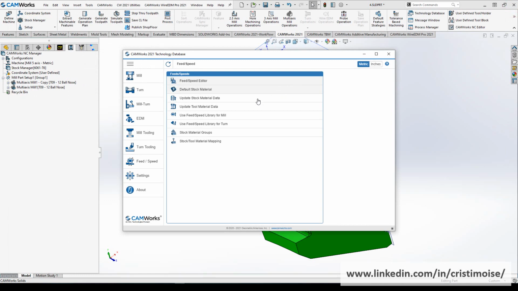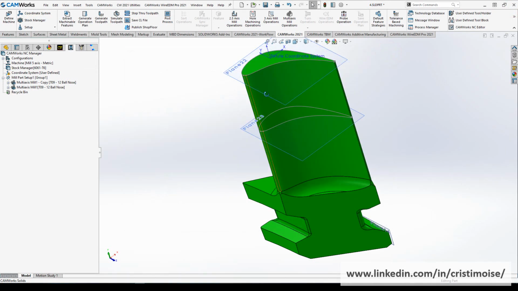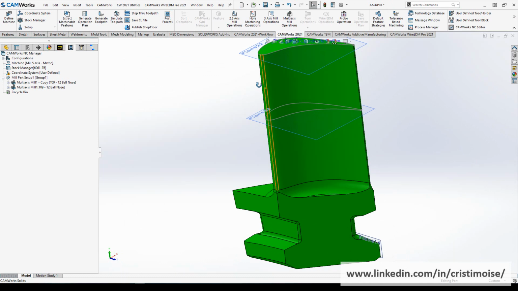So, what's left? I want to show you, of course, CAMWorks shop floor, which was introduced last year, but since last year we have more and more enhancements. CAMWorks shop floor is the only software available in this category. I know everybody from competitors will look at this video, but sorry guys, you don't have this CAMWorks shop floor, which is a simple and useful application for the shop floor machinist, because right now in our CAMWorks shop floor you have an option to add documents,